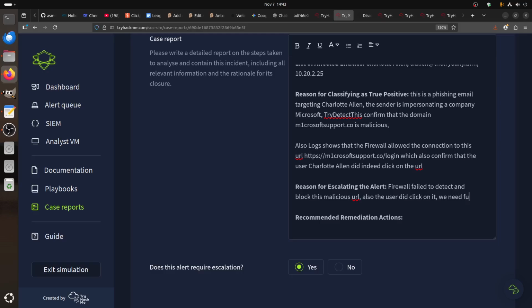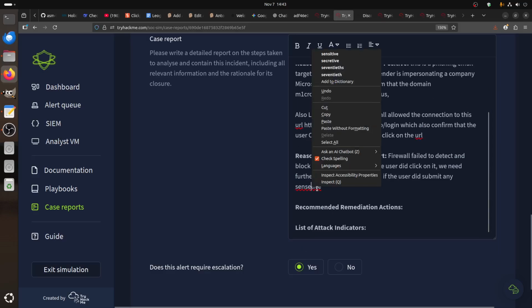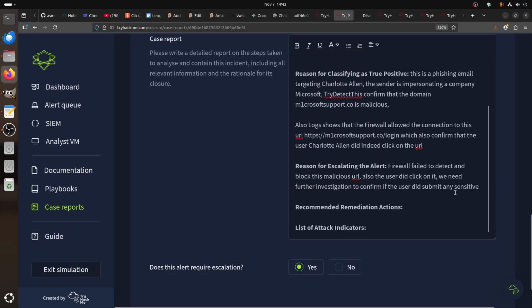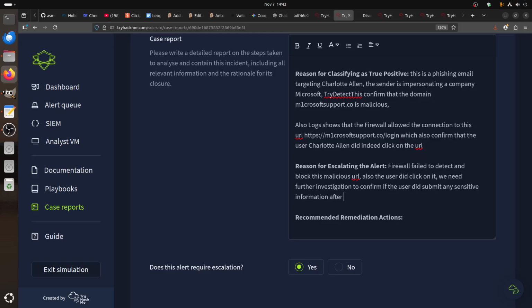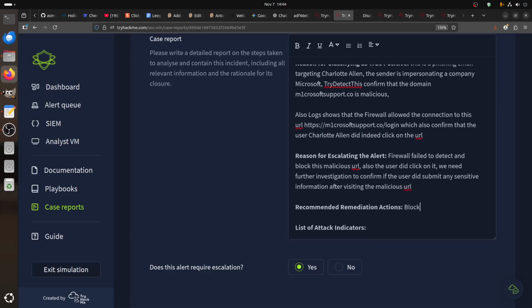We need further investigation to confirm if the user did submit any sensitive information after visiting the malicious URL. Recommended remediation: block the domain,